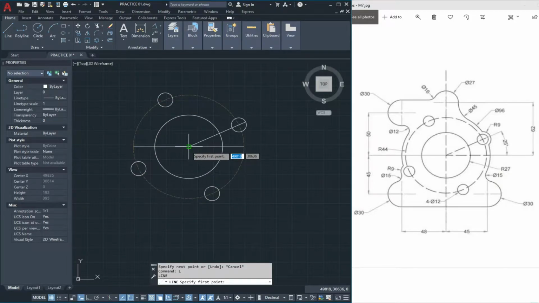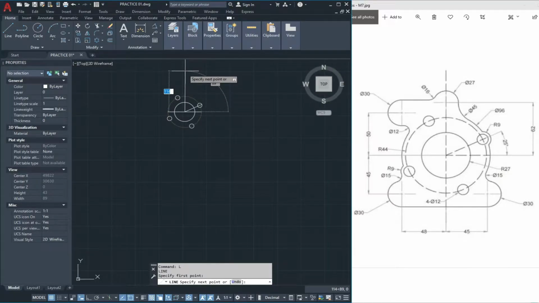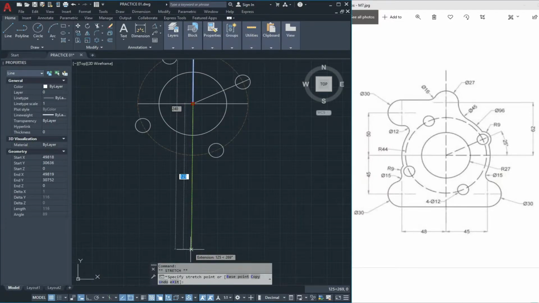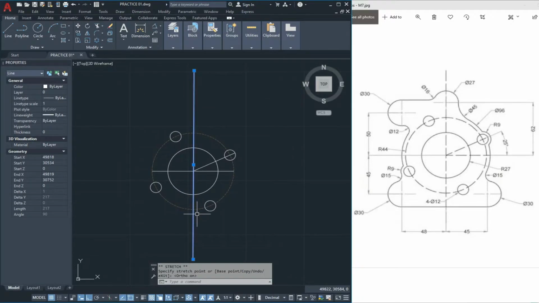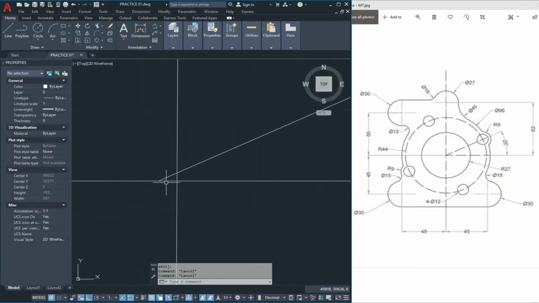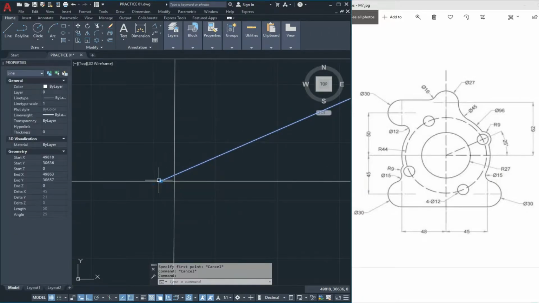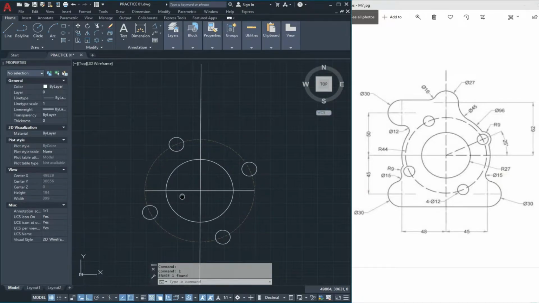Now we draw a line. Now we give the offset 48 units and 45 units.